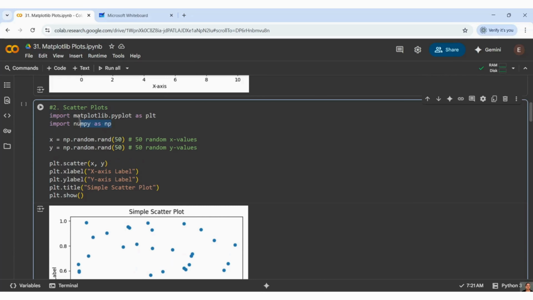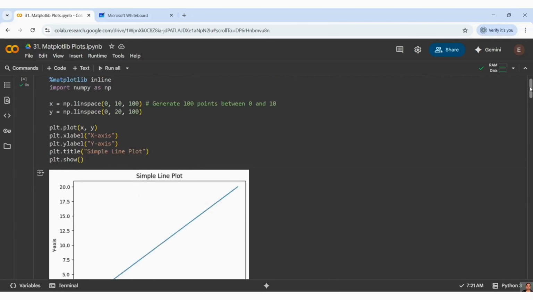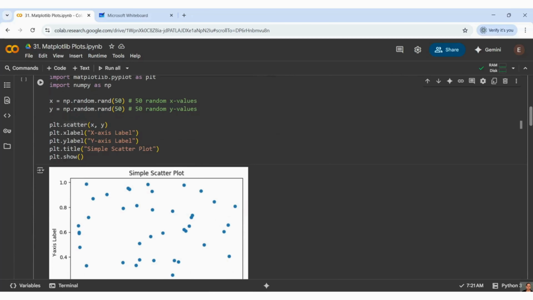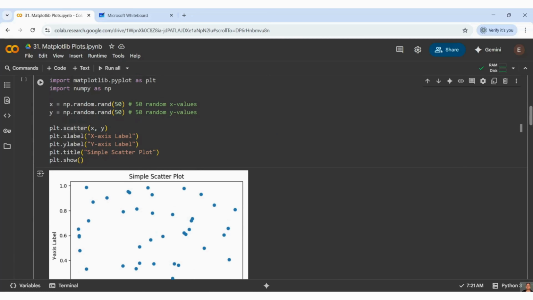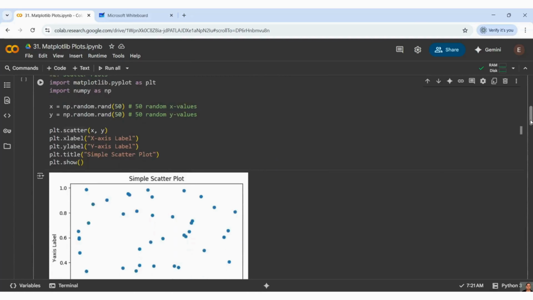Again, this is how I am importing matplotlib and numpy. Then I have taken 50 random values for the x-axis and y-axis, and you can see I'm just using plt.scatter(x, y). In the earlier example, we used plt.plot.